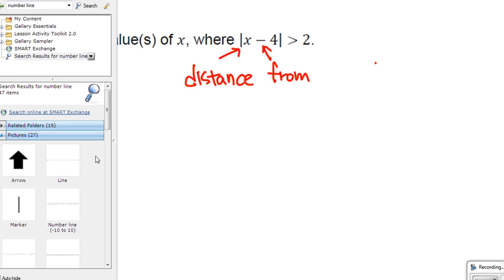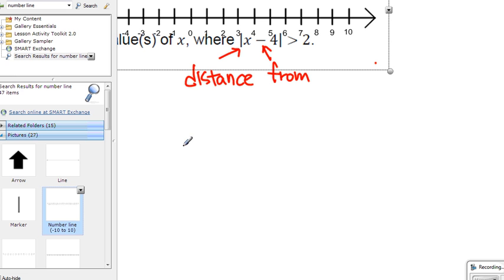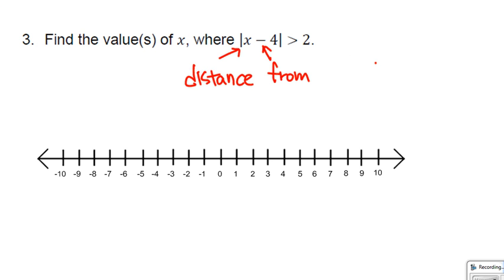So as we can see, this is the value 4. That becomes the center. The distance has to be 2. So if you go 2 units away, then we're talking about right over here. 2 units below, we're talking about right over here. But the distance has to be greater than 2. Greater means we have to go further out. So all these values could become our answer. There it goes. Very simple.